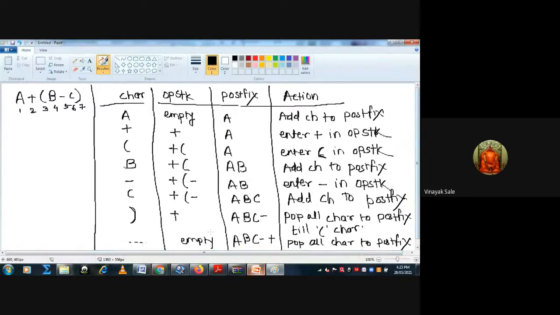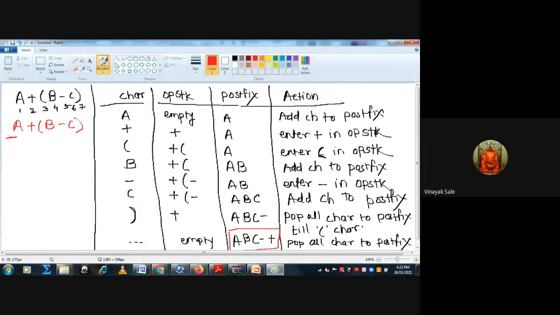Okay, this is the expression we will see by the simple method. See, this is the final result, and we solve it by the simple method. Our expression is a plus b minus c.